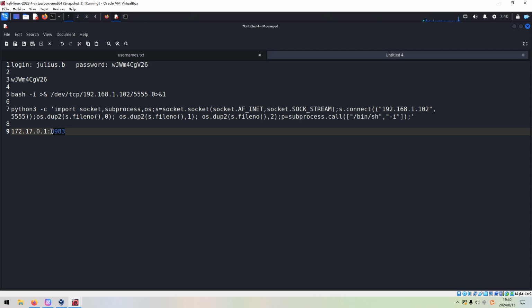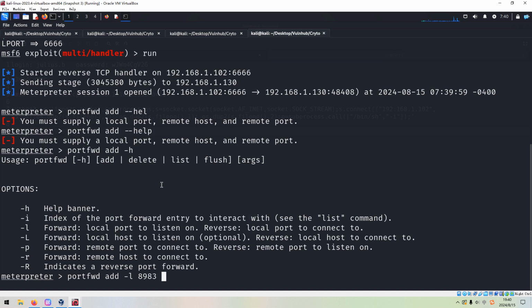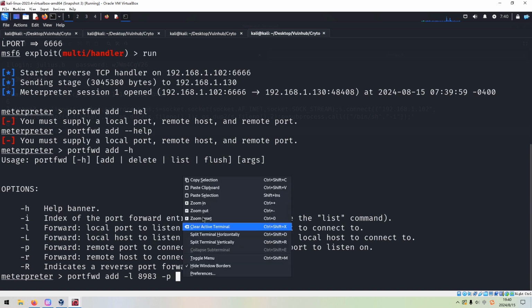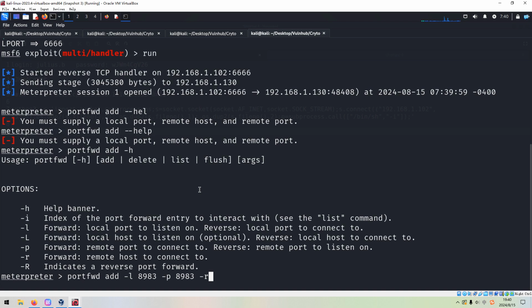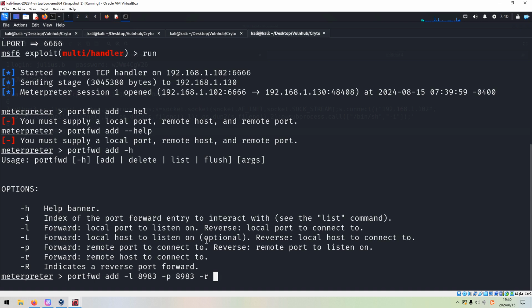We can copy it because I do not want to make a mistake. We also need to specify the remote port number, and the remote host to connect to. This should be the address of the container. We can copy it.